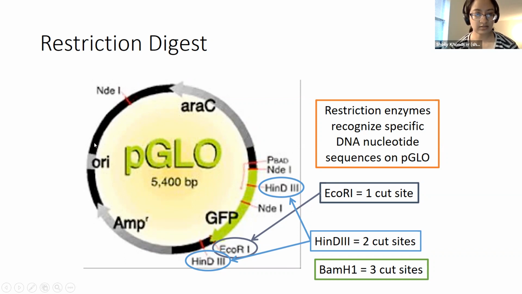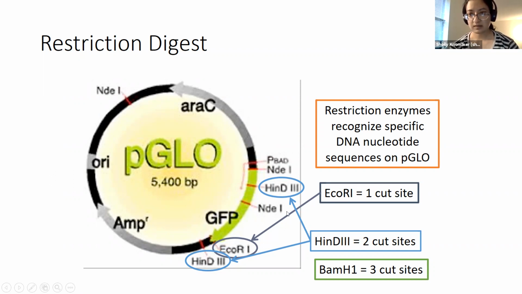So this plasmid has an origin of replication and an ampicillin resistance marker. What this gene does is it gives the bacteria that contains this plasmid resistance to ampicillin. It also has GFP, which is the gene of interest in the case of this plasmid, as well as RFC, which is, in this case, a transcriptional regulator of this particular